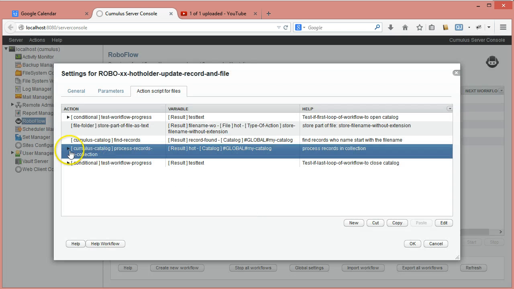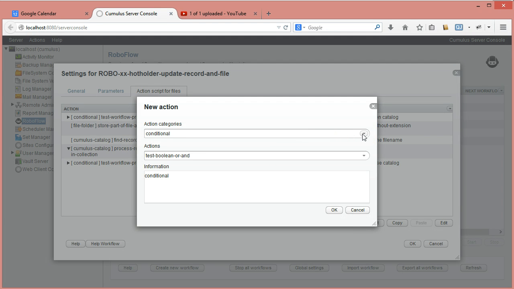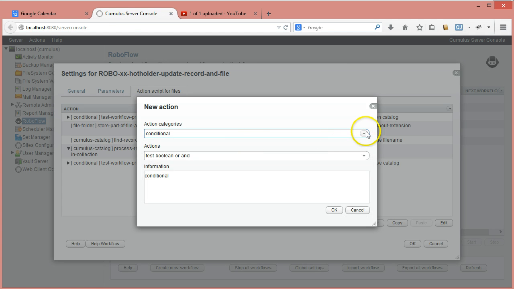So I'm saying okay, and now I click this open to put instructions inside. I found the record, so what do I want to do? I want to store the location of the file, because I want to copy the file to the same location where this file is at. In case you're not using the vault but real locations, I can now say I want to get to a file. Sorry, I want to get to a particular